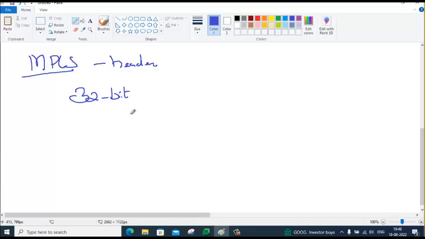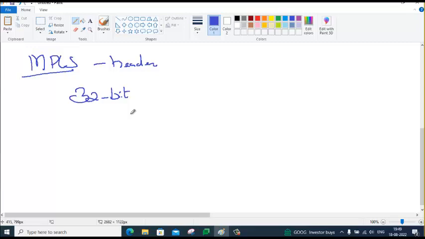Source IP address is 32, destination IP address is 32, TOS type of service is 6 to 8 bits, version, option field, protocol field, fragment field, TTL field. How many? That will be thousands and thousands of bits you need to process if you don't have MPLS. You need to read the big layer 3 header just to know one piece of information, the destination IP.